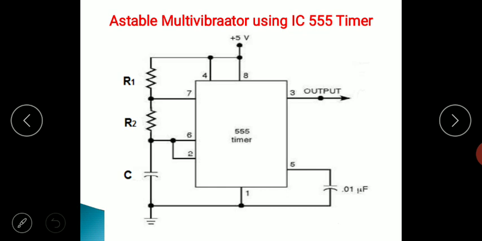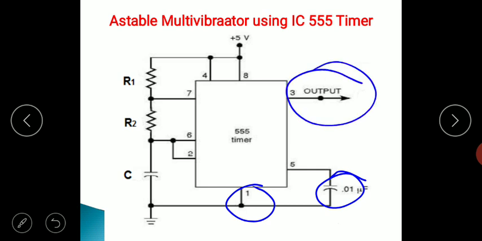Next, pin number 1 is connected to ground, and to pin number 5 one small capacitor of 0.1 microfarad is connected, and that is also connected to ground. So 4 and 8 to VCC, 1 and 5 almost to ground, but 5 is connected through a capacitor. So 2 plus 2, 4 pins are used, and one pin is used for the output. So totally 5 are used. Now the remaining are 3. How we connect these 3 pins decides whether it works as an astable multivibrator or the monostable multivibrator.